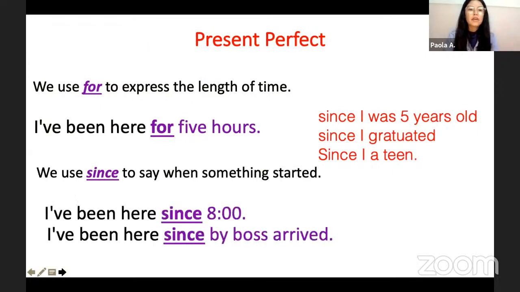Okay, there. So the use of since is representing what? When something started. Keyword started. So I've been here since, when did it start? 8 p.m. So I've been here since